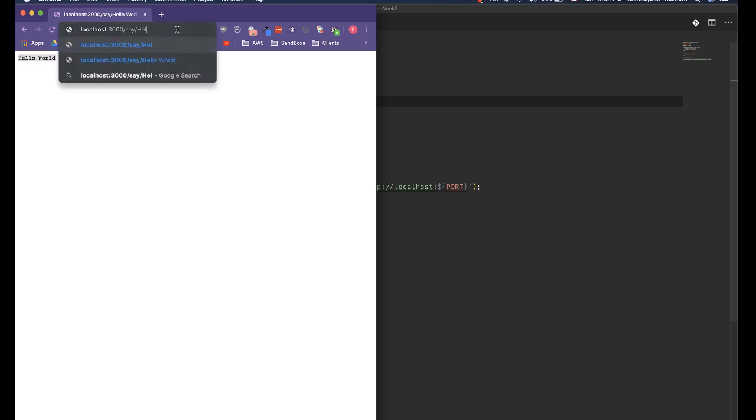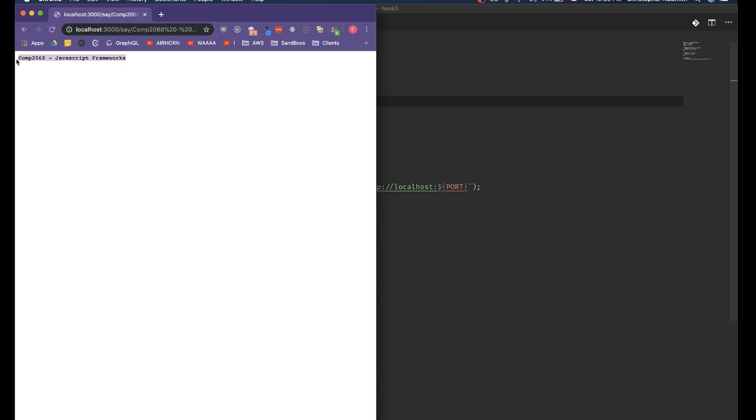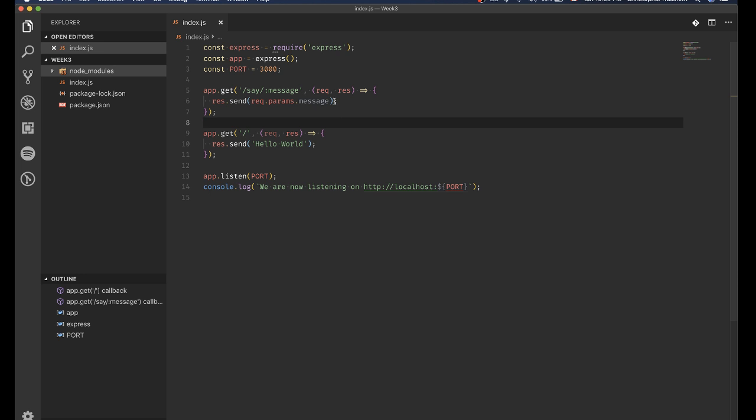But I could do something else like COMP2068 JavaScript frameworks, and it's now printing that or sending it back through our server. So that's why,